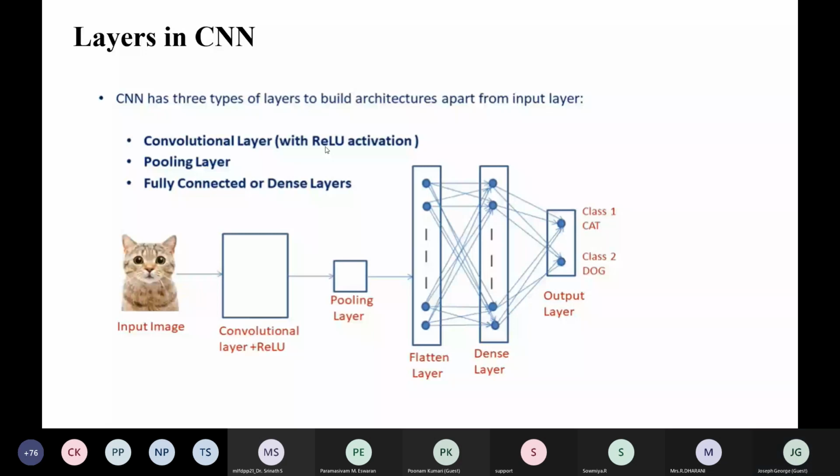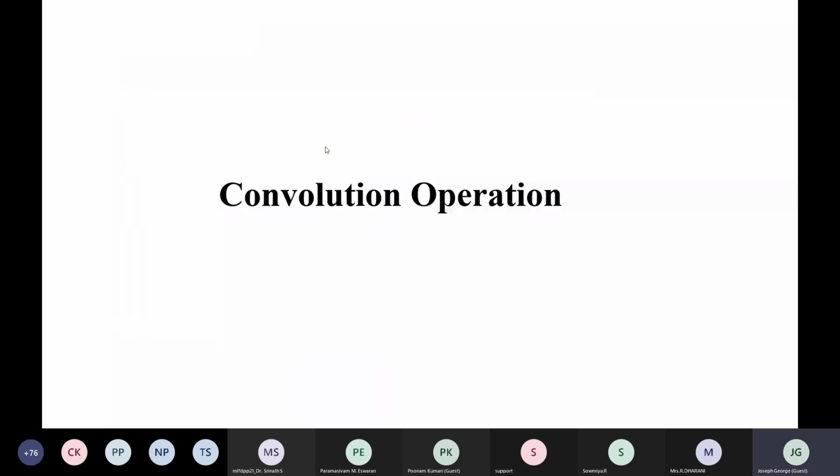So how are these features extracted? Here, these features are extracted based on the neighboring pixels.